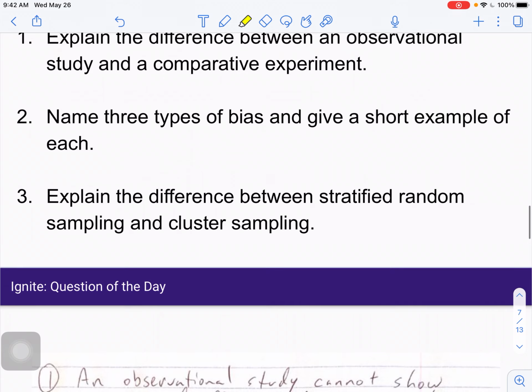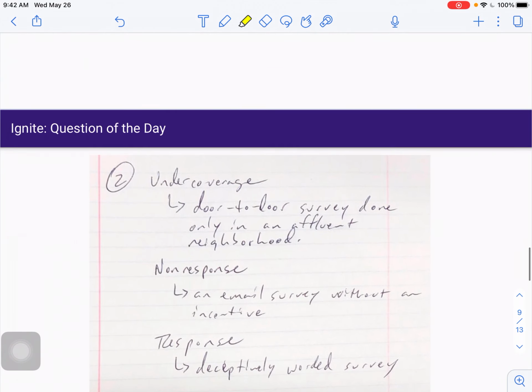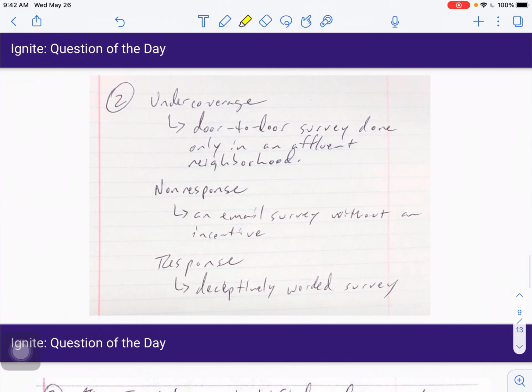Number two, three types of bias, and give a short example of each. Here are the three types: undercoverage, sometimes known as selection bias, non-response bias, and response bias. Those are the three. So an example of undercoverage bias would be a door-to-door survey done only in an affluent